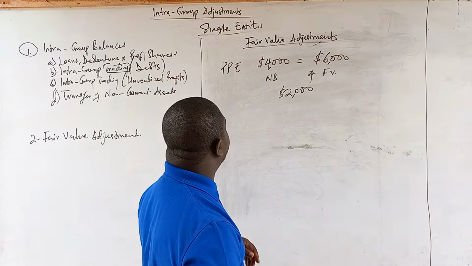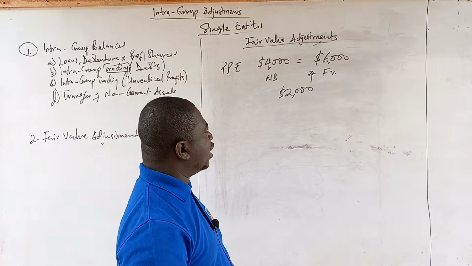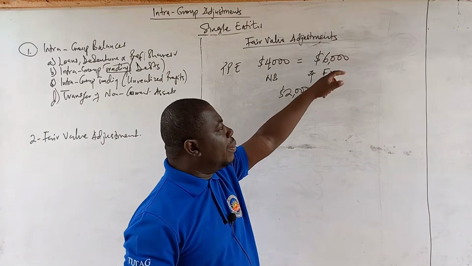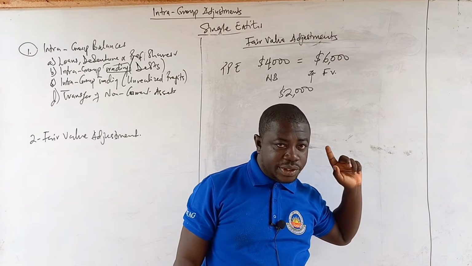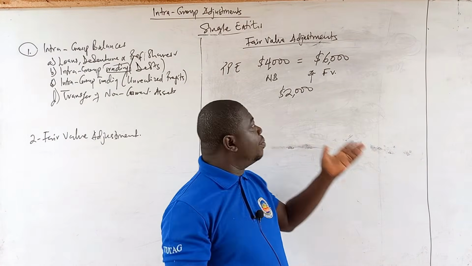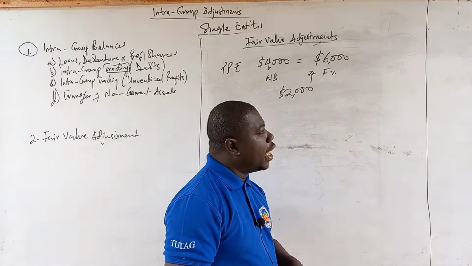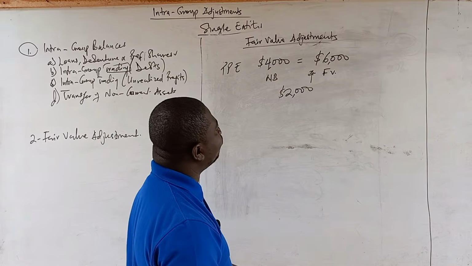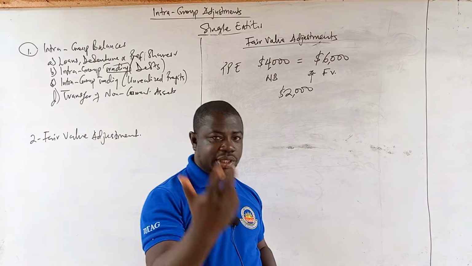And so what we are going to say is that now, when you are preparing your consolidated statement of financial position, the additional information will mention to you that the asset was 4,000, has been revalued up to 6,000. So you need to reflect that in your consolidation. That is what we mean by reflecting fair values or fair value adjustment. And so what we are trying to say is that these 2,000 will be created as a revaluation surplus down